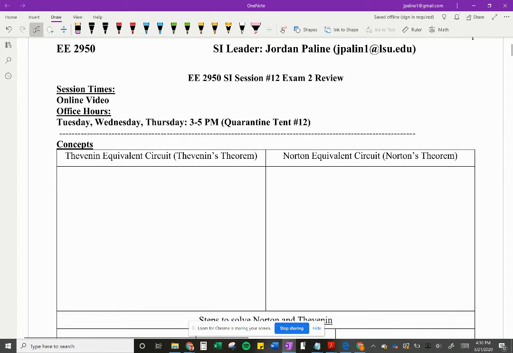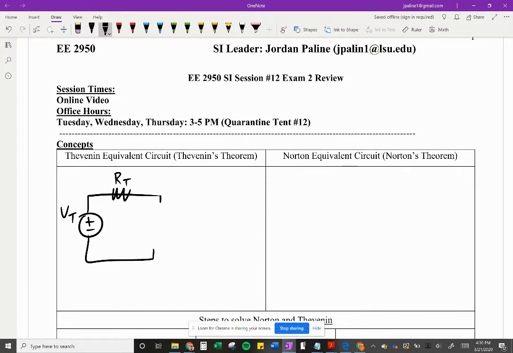All right. So our first concepts we're going to look at for exam 2 are going to be the Thevenin and Norton equivalent circuits. So with our Thevenin circuits, we're going to have our voltage Thevenin in series with our resistor that we call R Thevenin. And we have this spot here called VOC, which is open circuit voltage. Okay, so our components here are VThev, RThev,